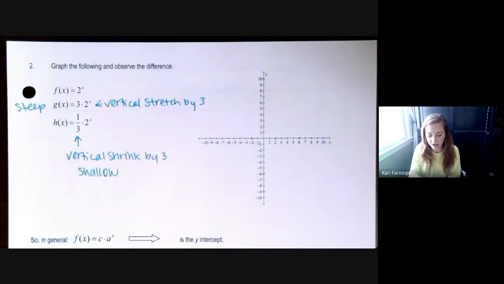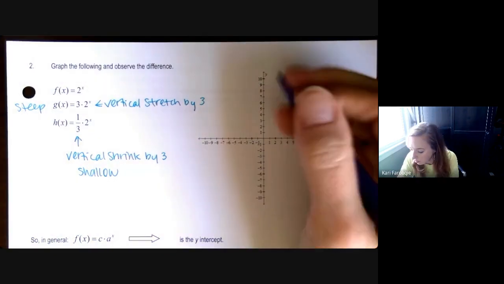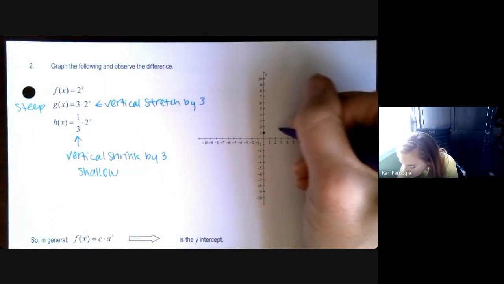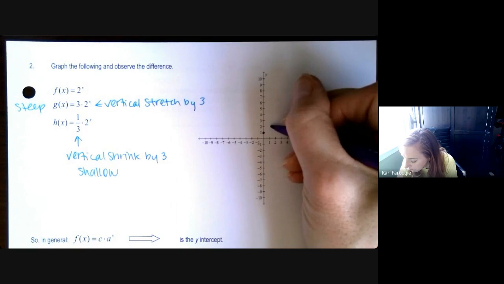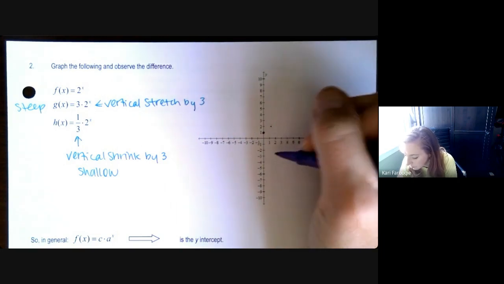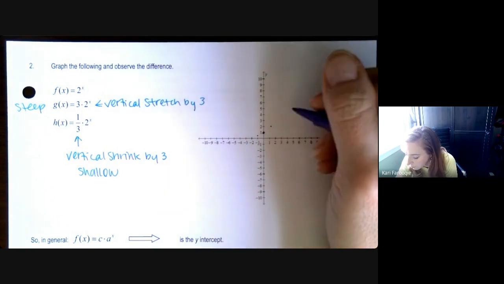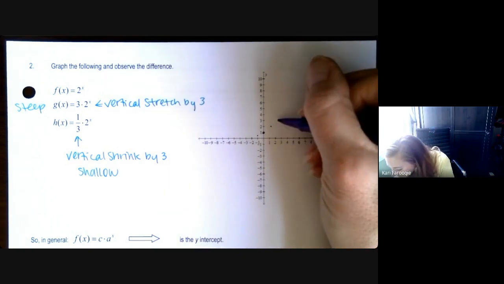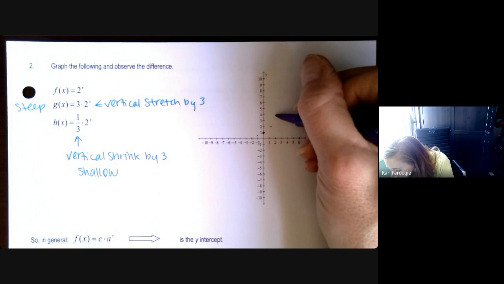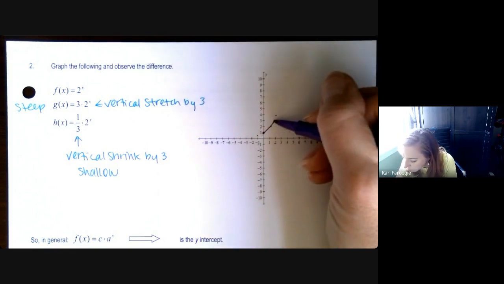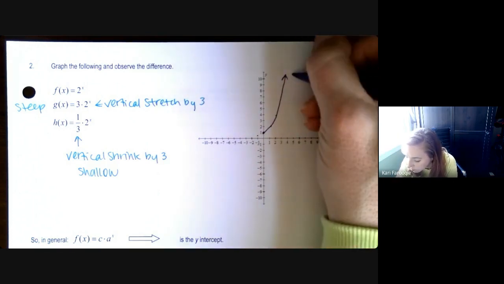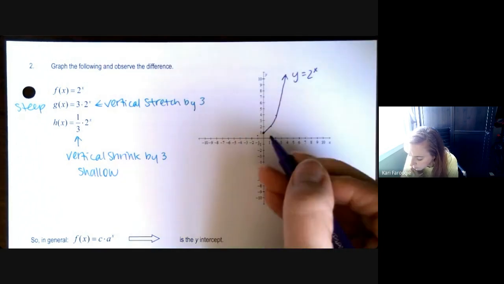So you would have your base graph of 2 to the x. When x is 0, y equals 1. When x is 1, y equals 2. When x is -1, y equals 1/2. So your general graph, let's see, 2 squared is 4. This is just a repeat of the graph from the previous page. Generating some values, if this is y equals 2 to the x, kind of like that,